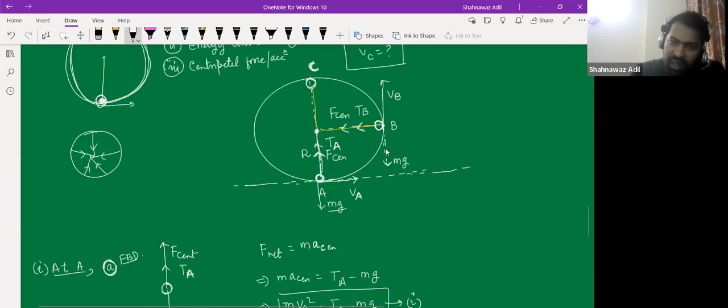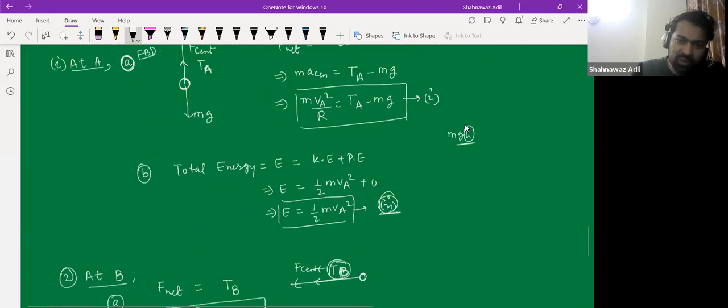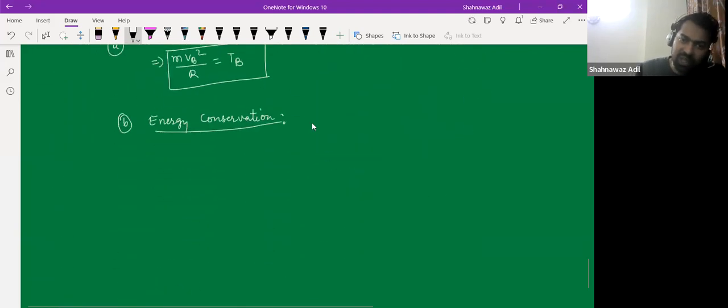So this is at how much height? What is the height from this reference? This is R, right? So potential energy at B would be how much? That would be mgR. So potential energy at B, that is mgR,